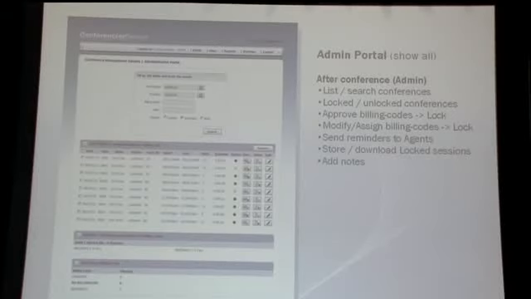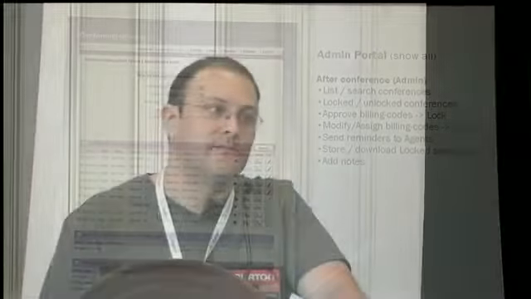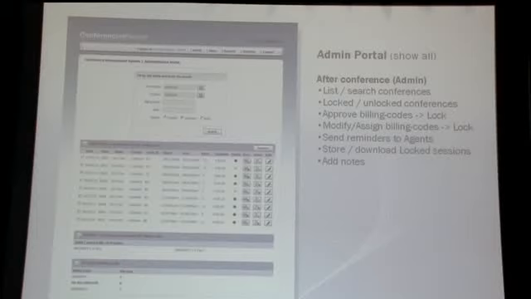Now the admin portal is easy as well. We're showcasing the main features because the rest are pretty basic or common to every single application there is. So here we have all the conferences that went on for a specific amount of time, and so the admin user is allowed to log them or send reminders to the lawyers, please enter your billing code, we need money. So we have exceptions, those are the ones that are on top, and those are already logged and do not need any scrolling or browsing or anything. They're simplified on the bottom to give the admin user a resume of what's going on.